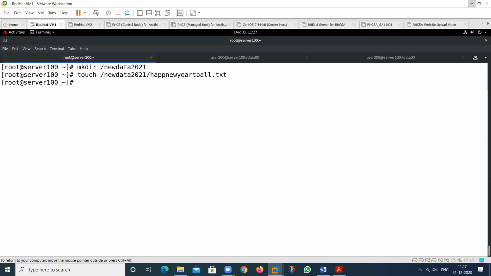Then this file will be created. Then check the value that you want to see. This is the file. And what is the permission? ls -ld slash